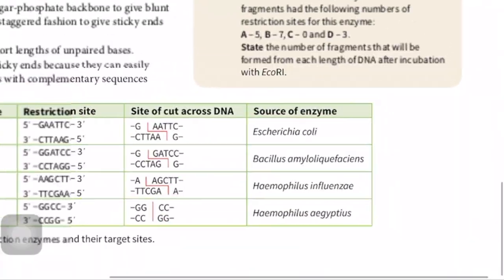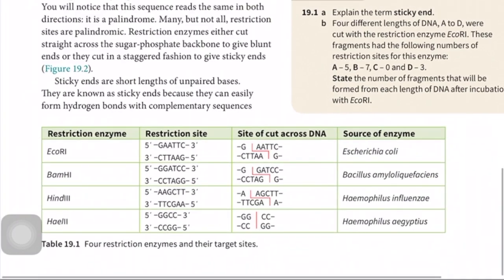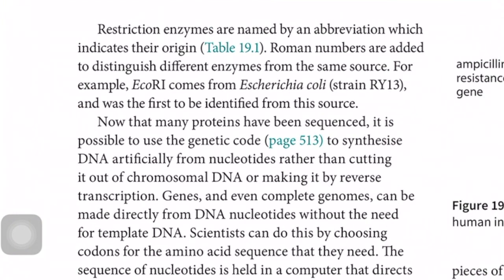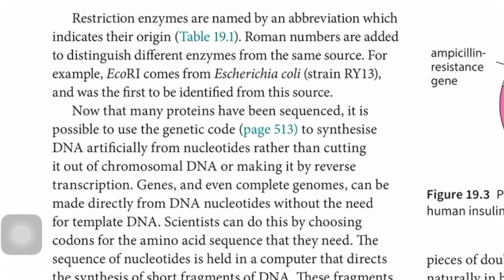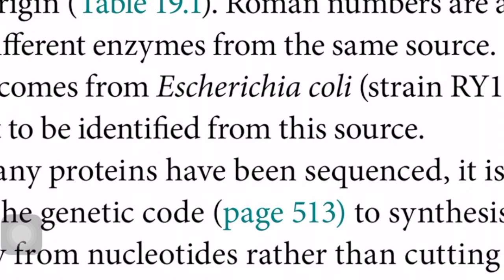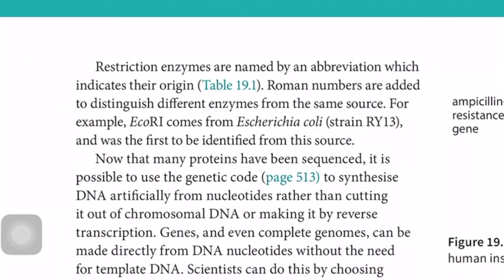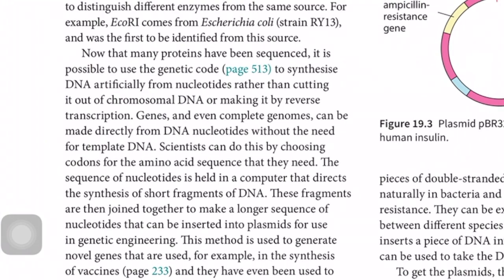Now there are also the sources of enzymes. You do not have to learn by heart any of this. This is just for your understanding, because when you are working, this data will be given to you. Restriction enzymes are named by an abbreviation which indicates their origin. Roman numerals are added to distinguish between different enzymes from the same source. Say, for example, from one bacteria, different restriction enzymes have been identified, then Roman numerals I, II, III are used. For example, EcoRI comes from this certain strain of E. coli, and was the first to be identified from this source. So this is the strain